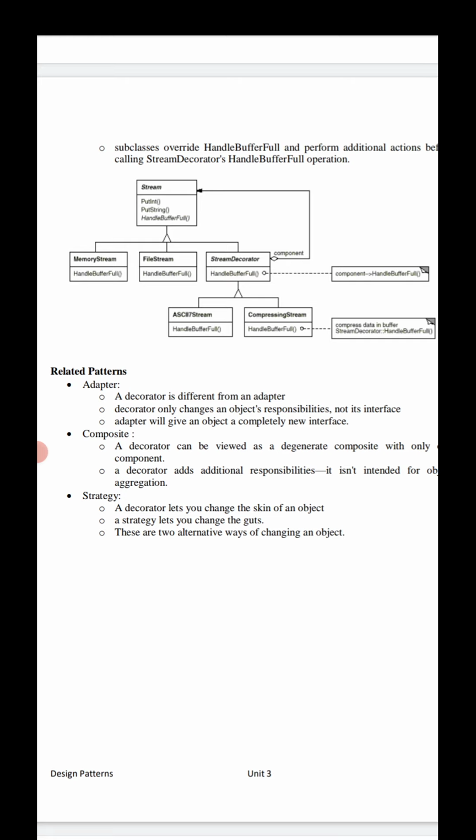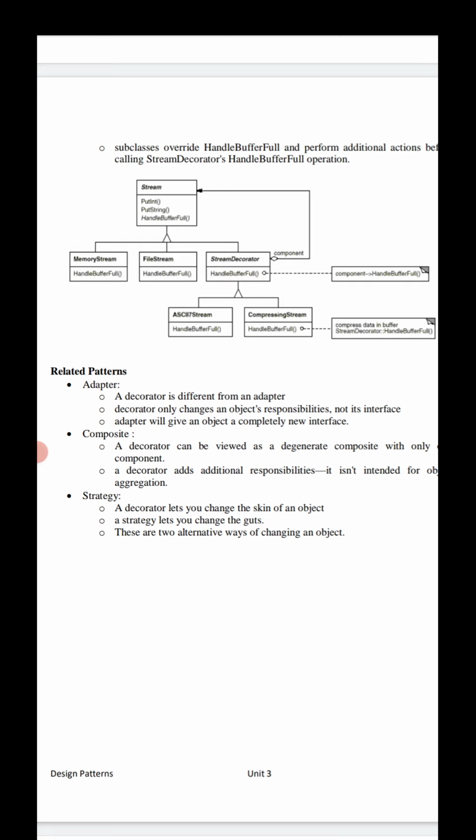The stream decorator is extended by two subclasses, ASCII 7 stream and compressing stream. In this we have the handle buffer full operation. What does it return? Compressed data in the buffer.